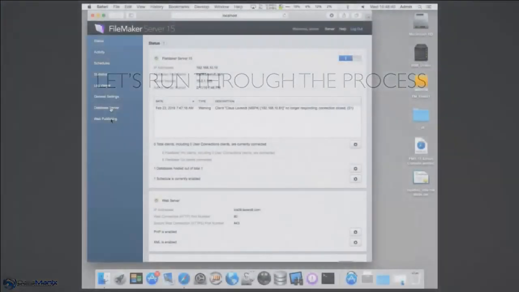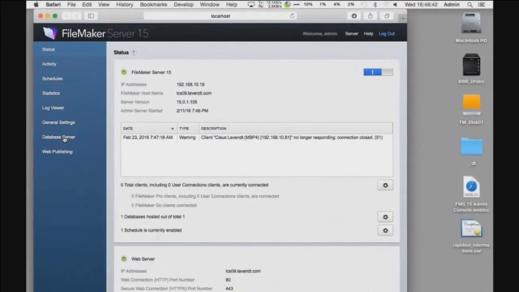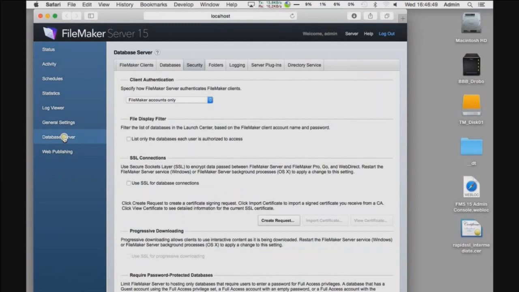So basically here I have logged into the FileMaker Server 15 admin console right on the server itself where it's installed. It's a newly installed server, and nothing is really set up yet. So the first thing we are going to do is go to the database server area and into the security tab. Now this part is looking pretty much like it does in FileMaker Server 14, except for the parts down where